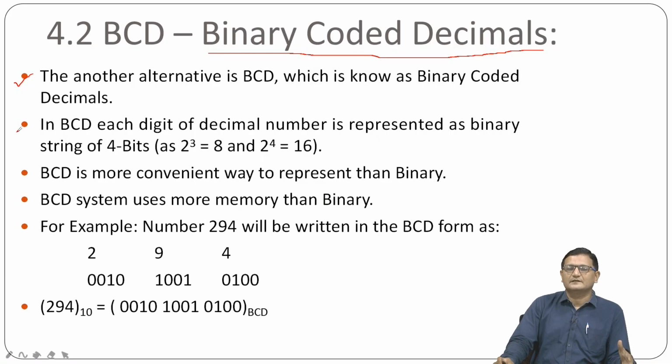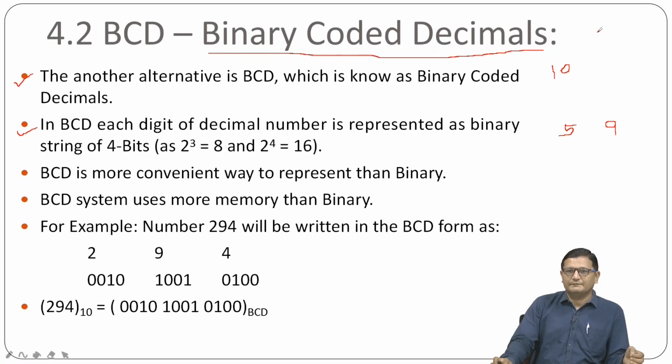Now here in the case of BCD, each digit of decimal is separately translated into the form of binary. Let's suppose how many symbols are there in the decimal. In the decimal number system we have 10 symbols, right? So if you want to convert, let's suppose this 5